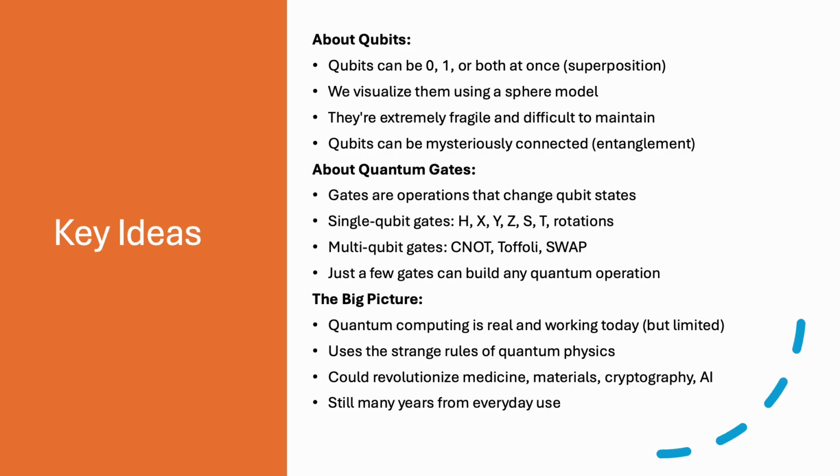Let's wrap up by reviewing the key concepts we have covered today. We started with the qubit, the fundamental unit of quantum information, unlike classical bits, which are definitely 0 or 1. Qubits can exist in superposition, genuinely being both 0 and 1 at the same time until measured. We learned to visualize qubit states using a Bloch sphere, where every point on the sphere surface represents a possible quantum state. We discovered that multiple qubits can represent exponentially many states simultaneously, giving quantum computers their potential power.